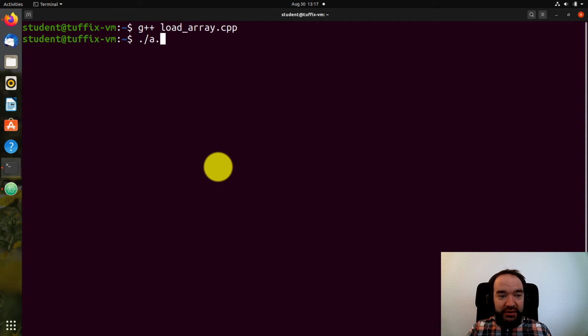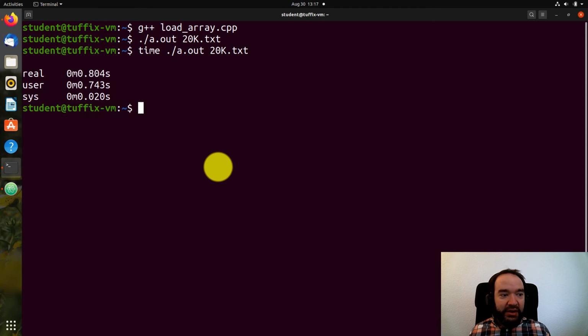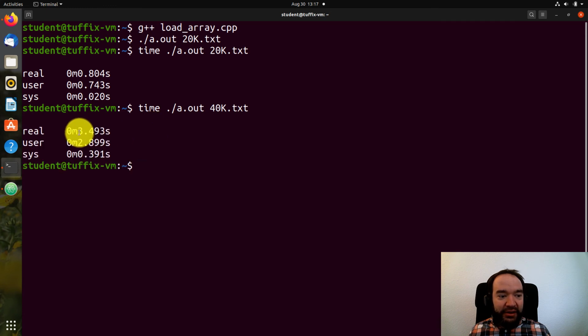First, the array version. And you'll see on 20,000 pieces of input, not so bad. I can time this accurately with a time command, about 0.7 seconds. You know, that's not too bad. I think people would be okay waiting 0.7 seconds to do something. If I run 40,000 elements through that code, okay, now I'm up to 3.5 seconds. And, you know, that felt like a noticeable lag.